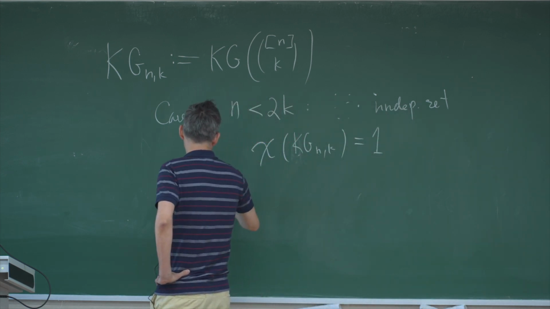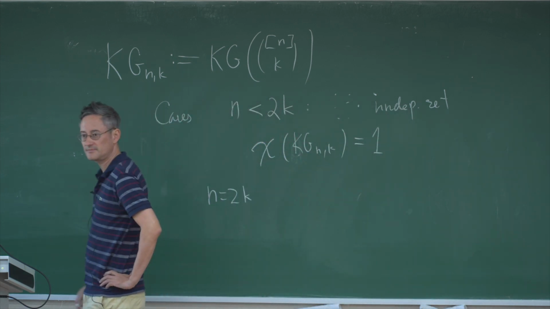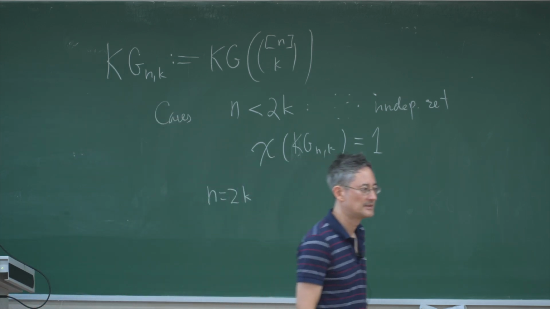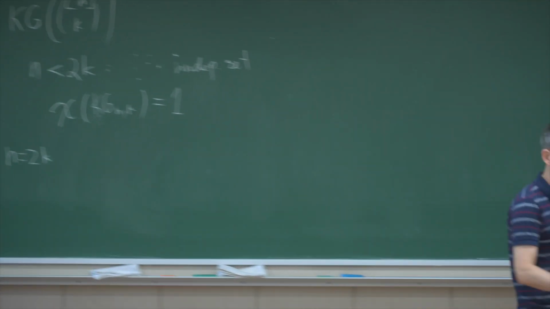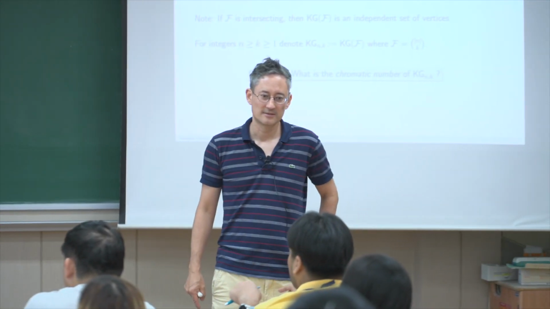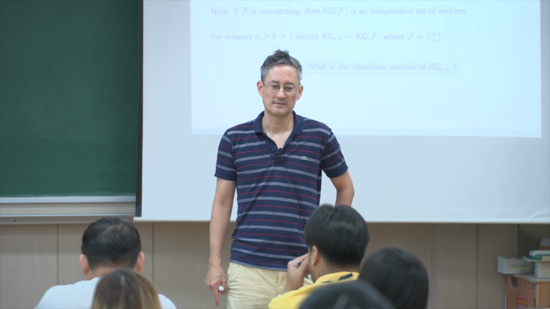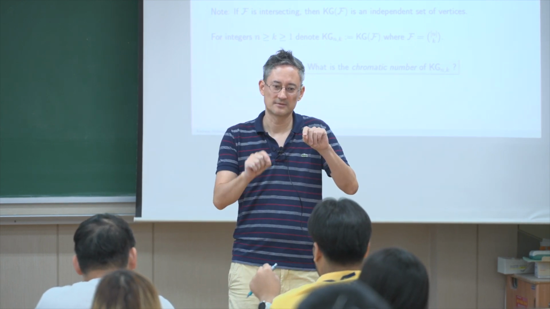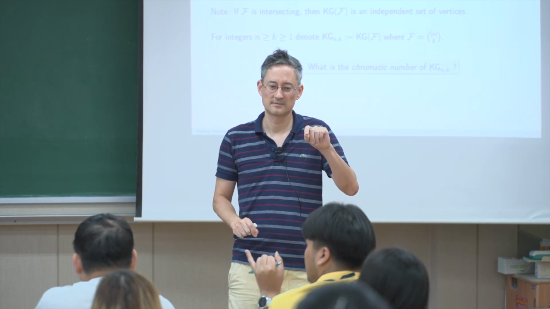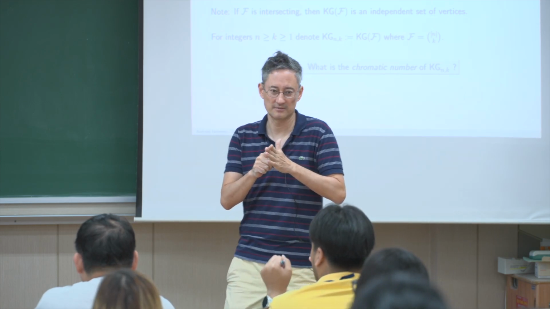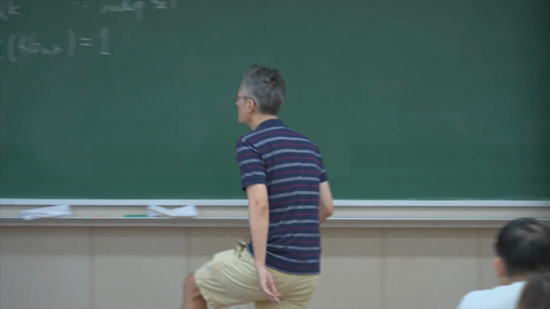What about n equals 2k? What does the graph look like now? I think you have the right idea. It is a bipartite graph, but it's what we call a matching. Okay? So in this case,